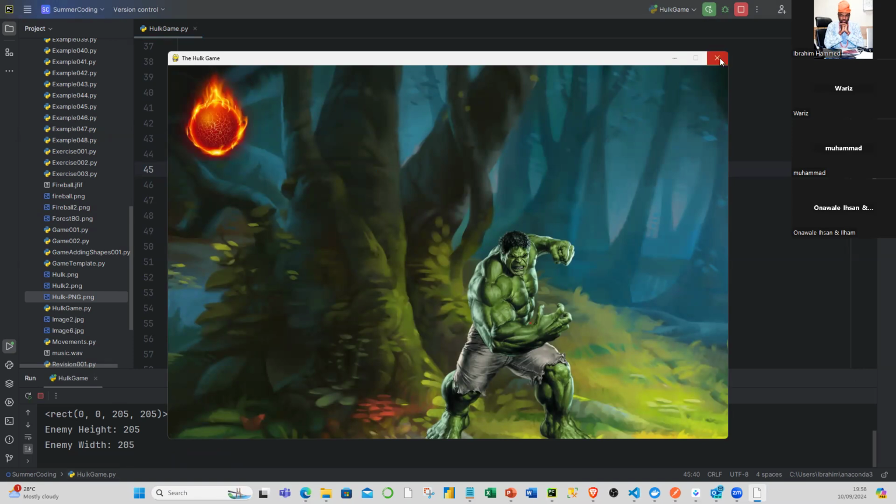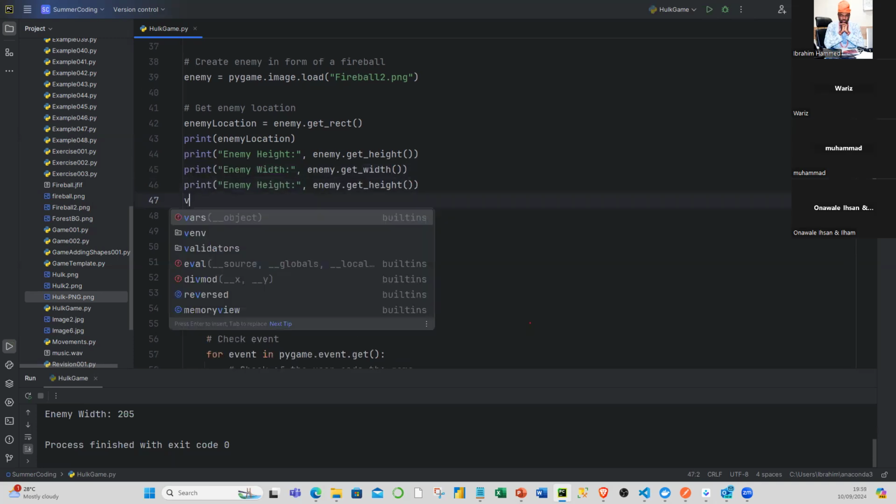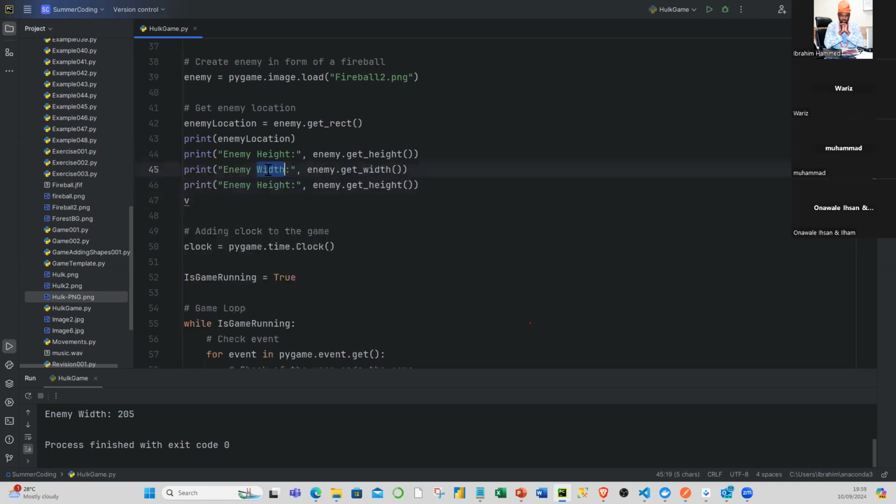It's really unimportant to us here. But then these are methods that you need to have at the back of your mind. So if I want to know the X and Y values in terms of the coordinates of that object, let me do 2 more lines. Enemy X, enemy Y. How do we get the results? I've overwritten. Okay, so let's do this. I was supposed to paste another one here. Correct. So this is enemy X,